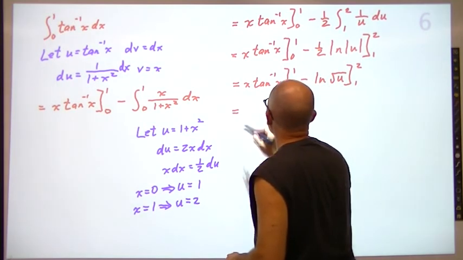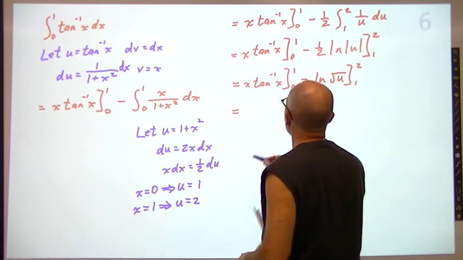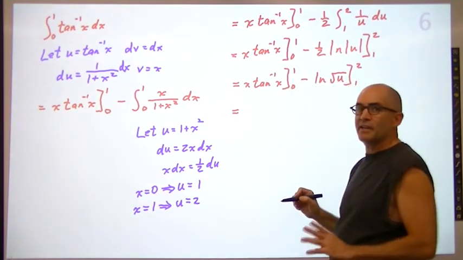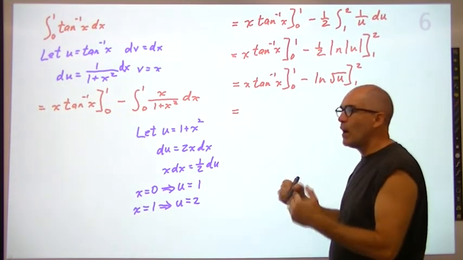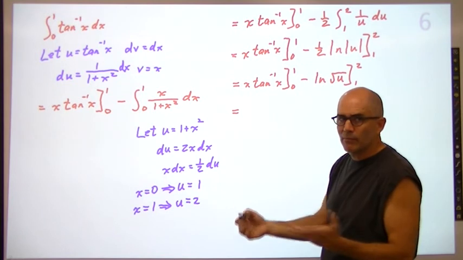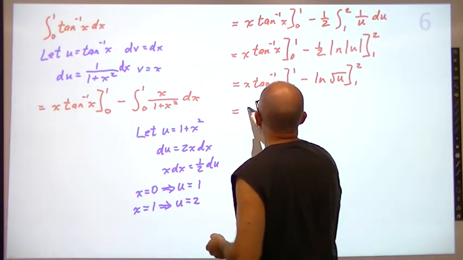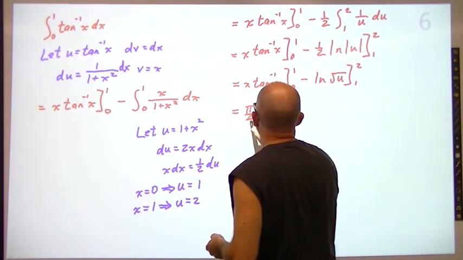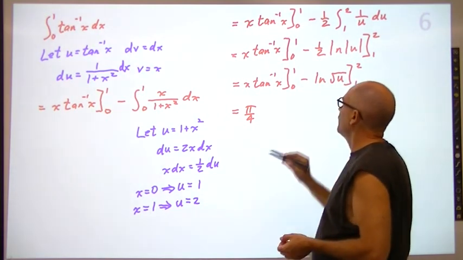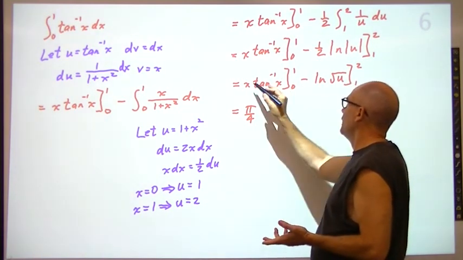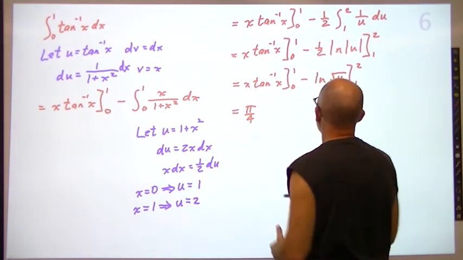All right, so this equals, put in the 1 here, and we have 1 times inverse tangent 1. Now, inverse tangent of 1 is, that means tangent of what angle equals 1? Obviously, pi over 4. So we have 1 times pi over 4. Now, inverse tangent of 0 is 0, and x is 0 too, so that's out. So this whole thing just becomes pi over 4